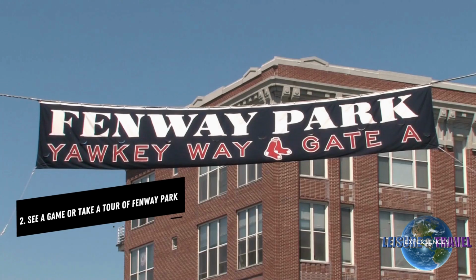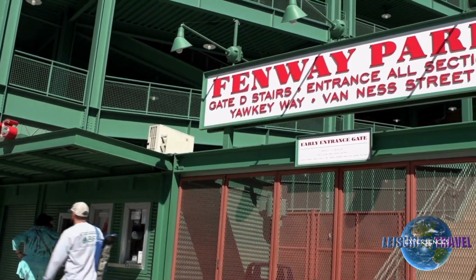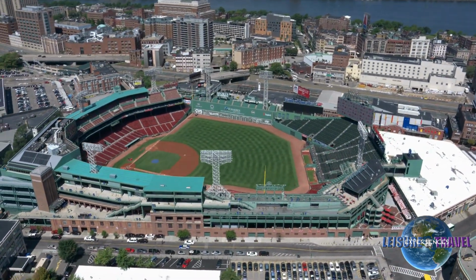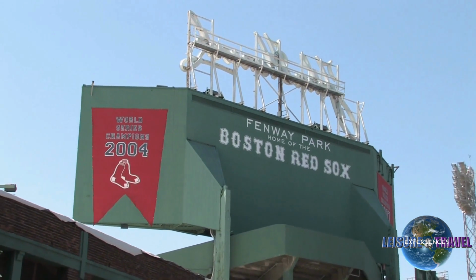2. See a game or take a tour of Fenway Park. Known as America's most beloved ballpark, Fenway Park is one of the most fabled sports complexes in the country, and even if you're not a sports fan, a tour of it is both fun and interesting. The home of the Boston Red Sox looks much the same as it did when it opened on April